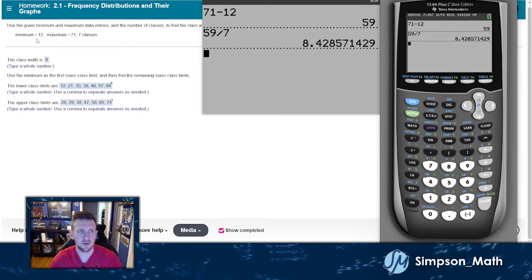Then, for my lower class limits, what you can basically do is add that class width to that minimum. So notice I have to do 12 plus 9 to get 21, plus another 9 is 30, plus 9, plus 9, plus 9, plus 9. So that's where my lower class limits are. For my upper class limits, class, bar, bin, all those are kind of the same thing. My next class is starting at 21, the previous class should end 1 integer before that, so subtract 1 and